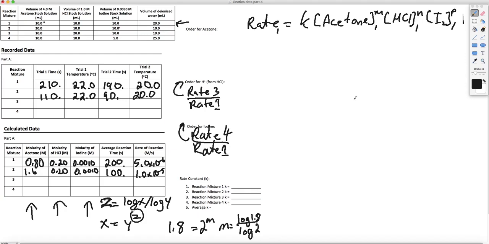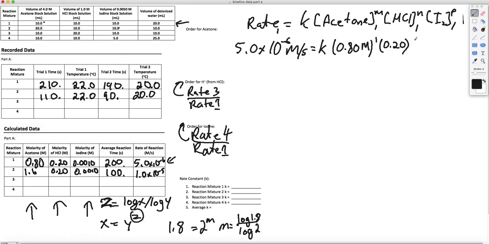Now we do have some information here. We do have the rate, which is 5.0 times 10 to the negative 6 molar per second, which I picked up off here, right? Next I've got my K, and I've got acetone, which is going to be 0.80 molar. I've got an M value of 1, and for HCl I've got 0.20,